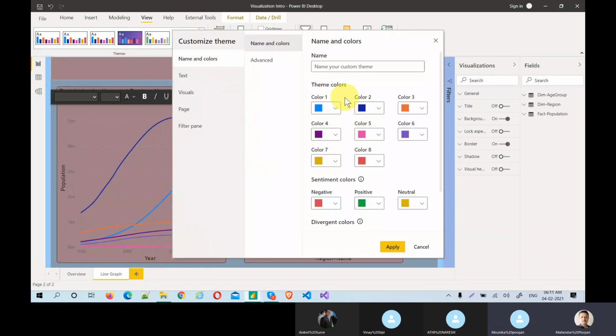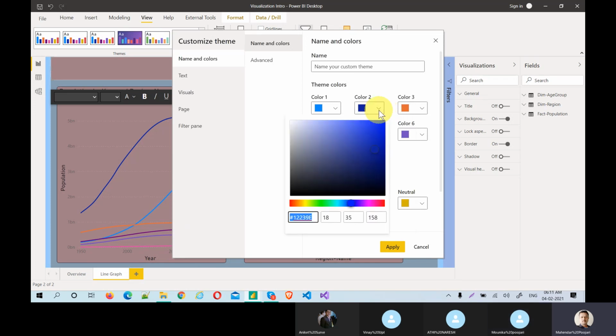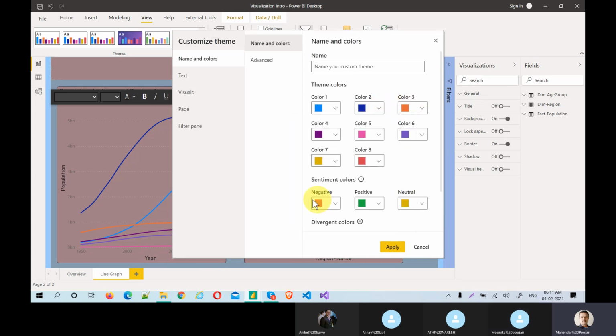Okay, so these are the colors. Some organizations will have color branding. They want to see only those colors. They will specifically give you these RGB values, so you need to apply their color coding. If they give RGB values, you need to apply them. They are more specific: color 1 should be this, color 2 should be this, color 3 should be this, something like that.